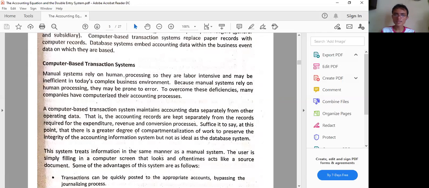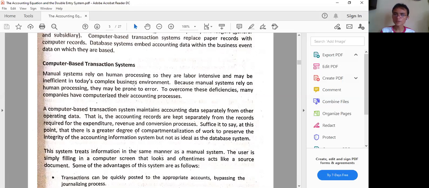But then we cannot have 100% really computerized, because there are for sure certain businesses wherein there are some parts where the information is still kept on paper, because that's a requirement also to keep hard copies. Now, the point is that we will minimize the manual system because that's going to be very time consuming. It would also employ a lot of effort, and it would actually consume the energies of people.